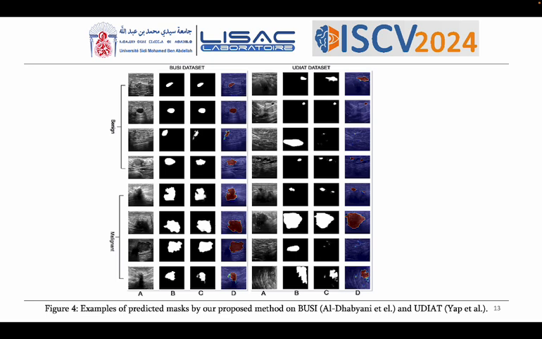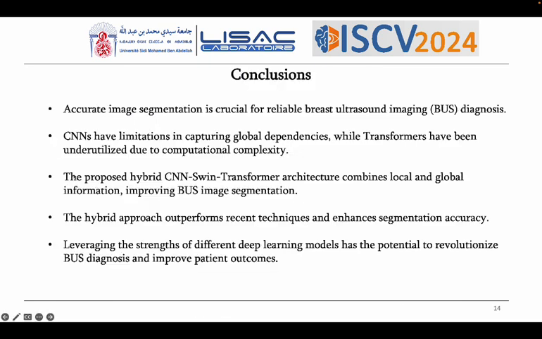acceptable segmentation results. For conclusions, I would say that accurate image segmentation is crucial for reliable breast ultrasound imaging diagnosis. We proposed a hybrid CNN-Swin Transformer architecture that can combine local and global information, which leads to improving